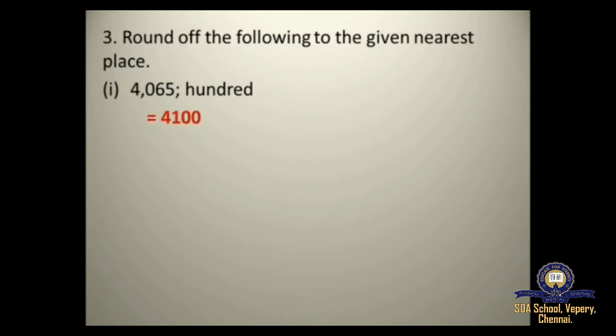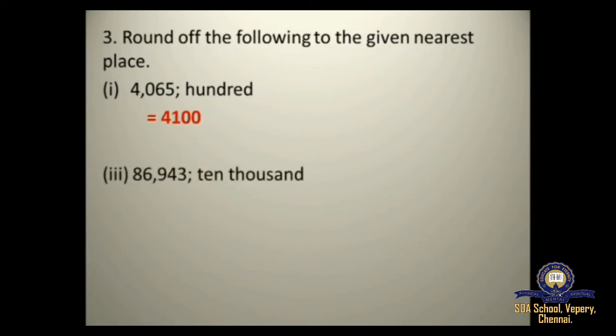Got it, students? So the first step is you're going to find the digit in the hundreds place, and the second step is you're going to look at the digit to its right, and step 3 is if the digit is 5 or greater, you're going to add 1 to it. If it is less than 5, you're going to leave it as it is. So the next sum is